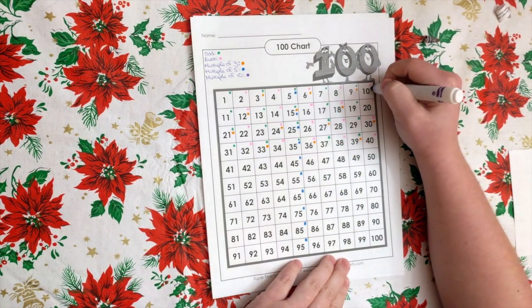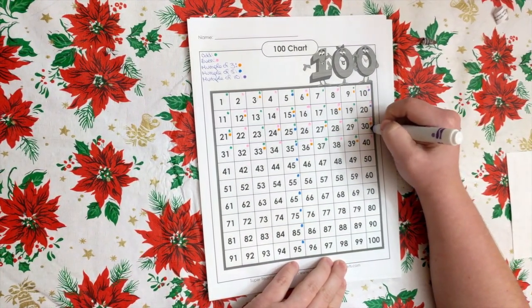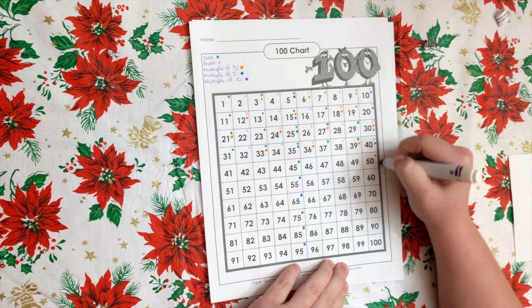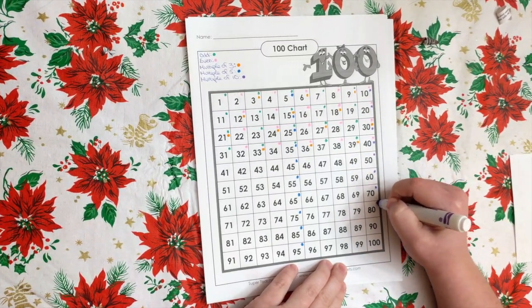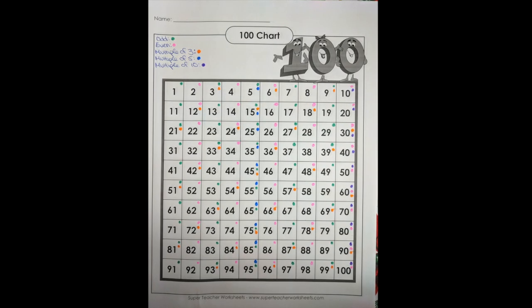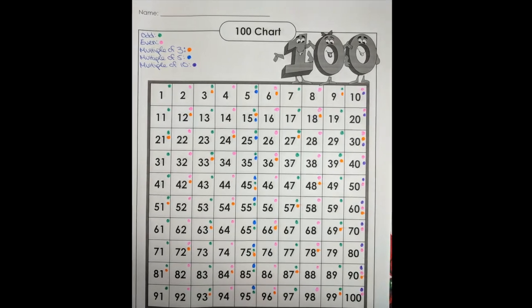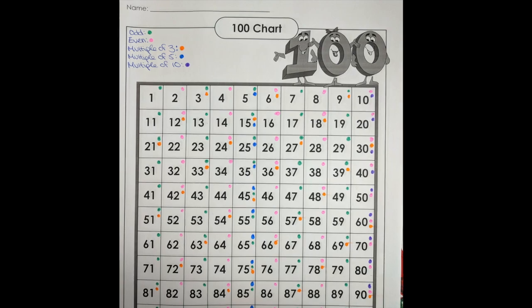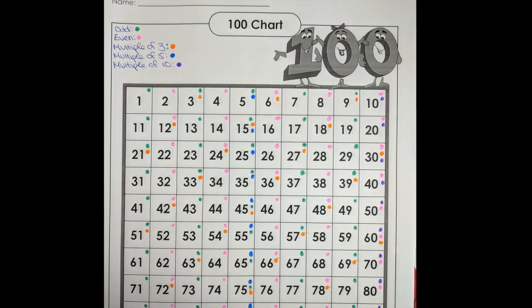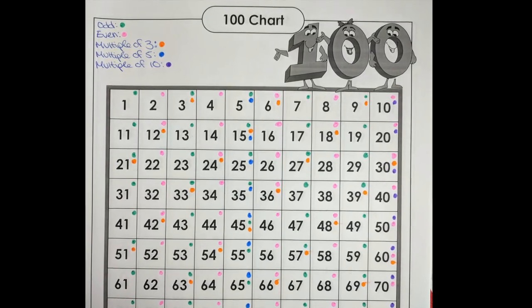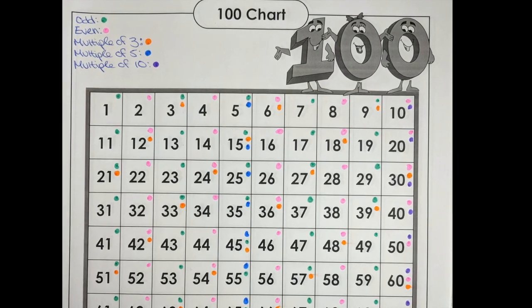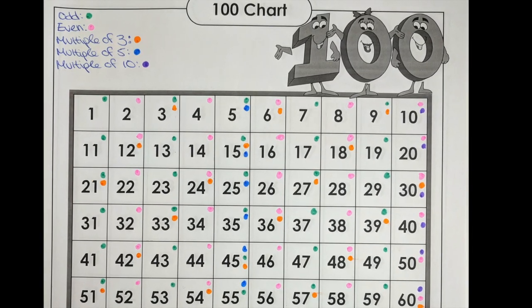And then they're going to skip count by tens, again moving down that tens column. And here's just an example of what a finished 100 chart would look like. There's a legend up at the top and you can see the numbers and the colors that correspond with them. And this is just a great reference that students can look back on, whether it be taped to their desk or inside